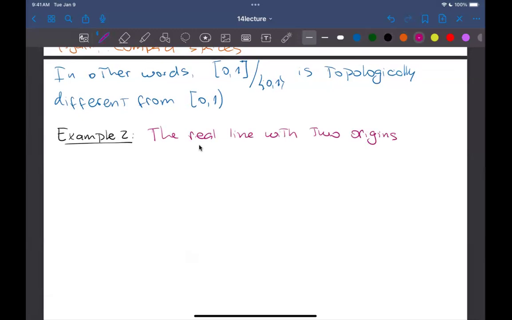So the idea here is we're going to take this set. Our set X is going to be the reals times {-1, 1}. So this is a subset of R2, so we can just take the induced topology